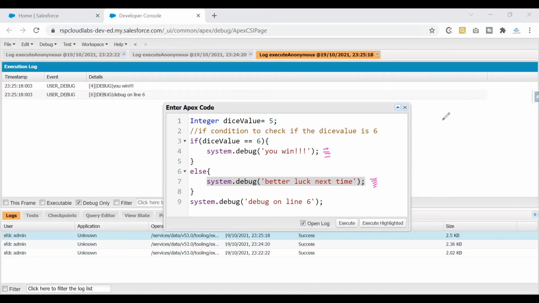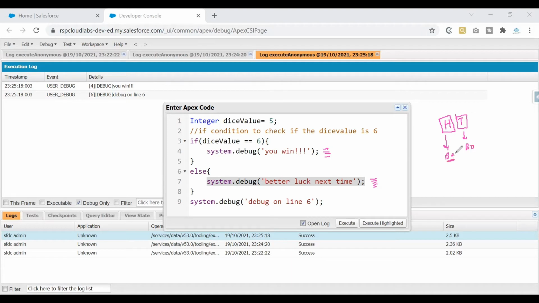So let's say you are going for a match and you want to flip a coin to decide who should bat first, and you would be either seeing heads or tails. Now, if you flip a coin and if you call it heads, and if you like to bat first, so if it is heads, you will go ahead and do the batting. If it is tails, you will go ahead and do the bowling.